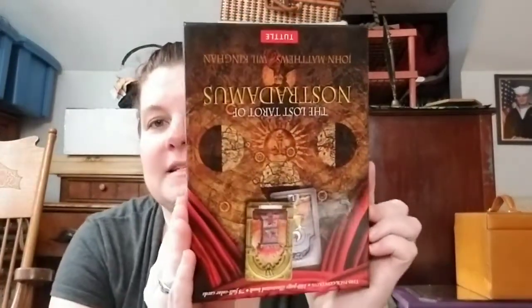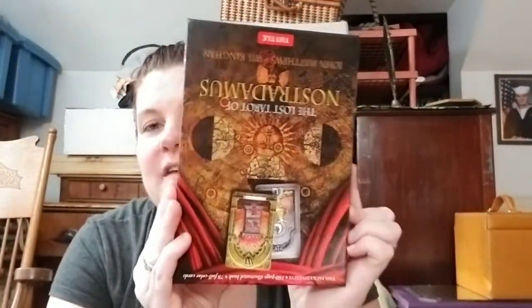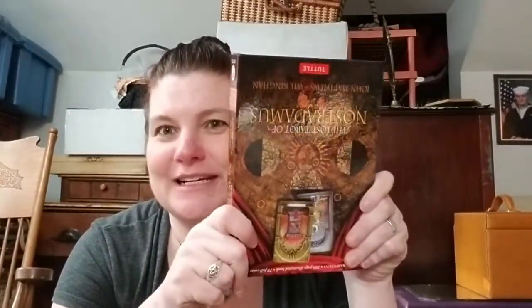Okay, so the last thing I wanted to talk about was this deck I got a little while ago. I just have not had the time to really look at it, open it up, and read about it. I started doing that today, and I'm really intrigued by this deck. There's no way I can just use one deck for a whole month, but I can try to focus on one deck for a whole month. So I think maybe September is going to be the month for